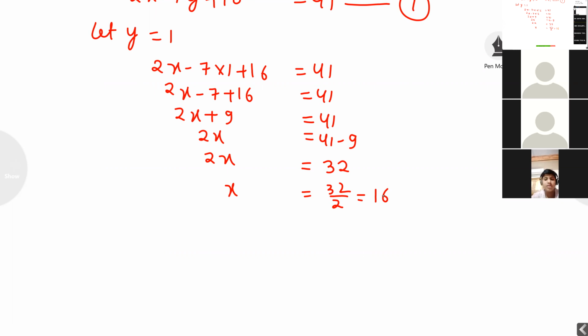This is one solution, but I want to find one more solution. Second, I am taking let y is equal to minus 1. In the place of y, I will substitute minus 1. Then 2x minus